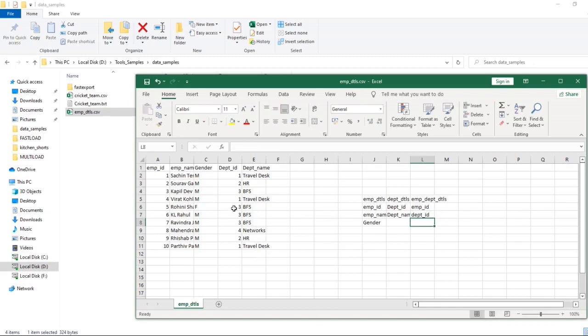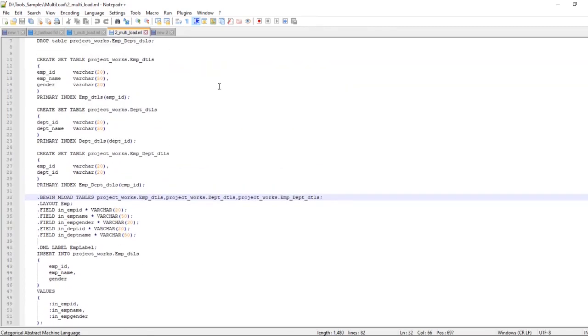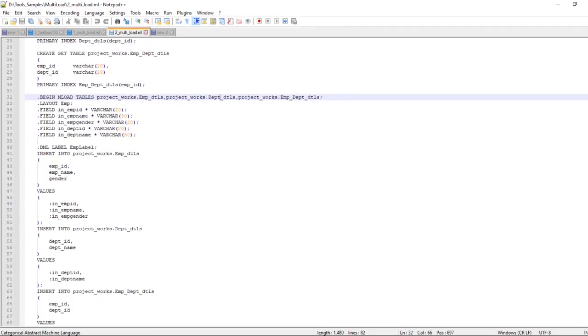This is how we are going to push this data into these many tables, and that is what is there in the script. I have created 3 tables in the script, and the same data needs to be pushed into all 3 tables.